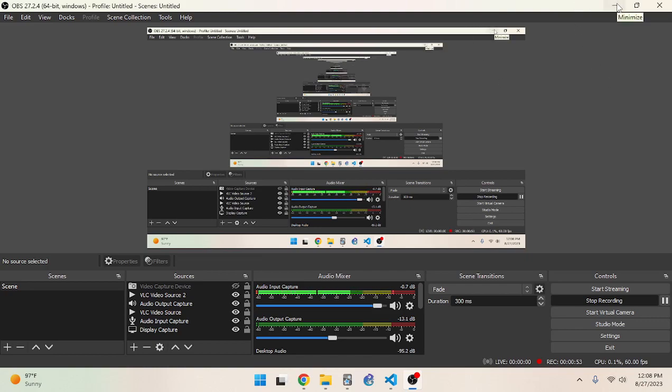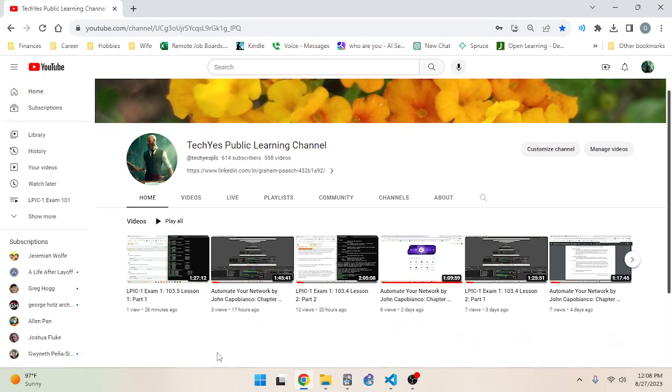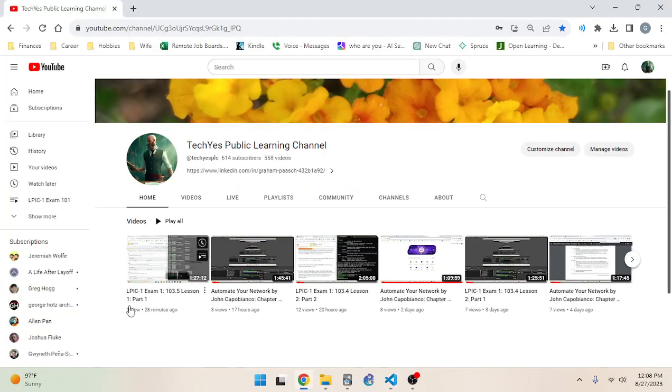So mic check 1, 2, 3. Okay, looks good. We're in the red sometimes, which isn't great. But yeah, I'm going to be continuing my Automate Your Network series. That's one for me. I'm getting a lot of great feedback on my LPIC series, so I'm going to keep that going. If I have to choose making one or the other, I'll probably choose the LPIC because of all the great feedback I'm receiving on that.